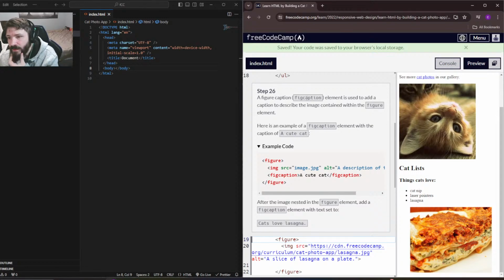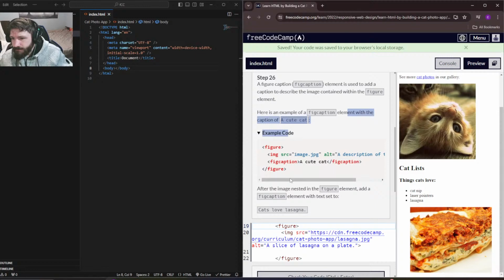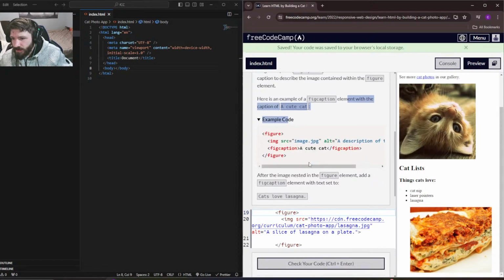Okay, figure caption. The figcaption element is used to add a caption to describe the image contained within the figure element. Here's an example of the caption element with the caption of a cute cat. Description of the image, cute cat. Okay, so under here we'll have